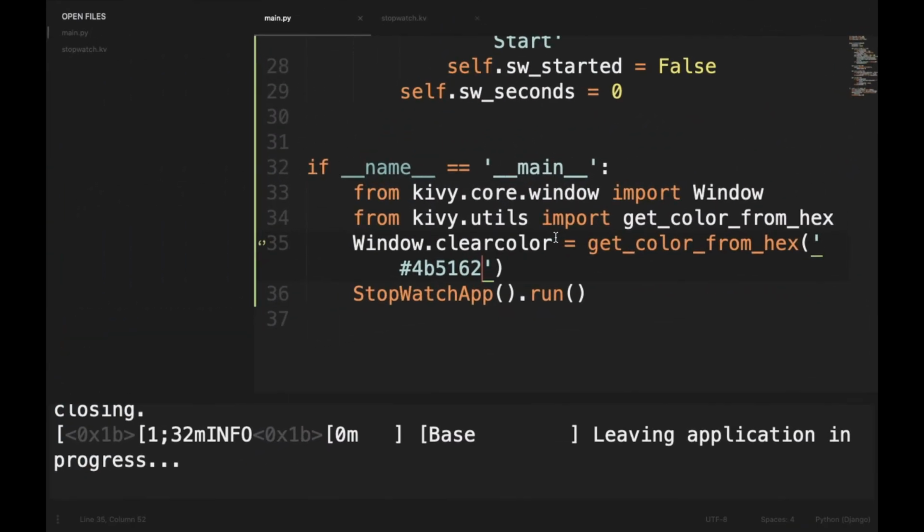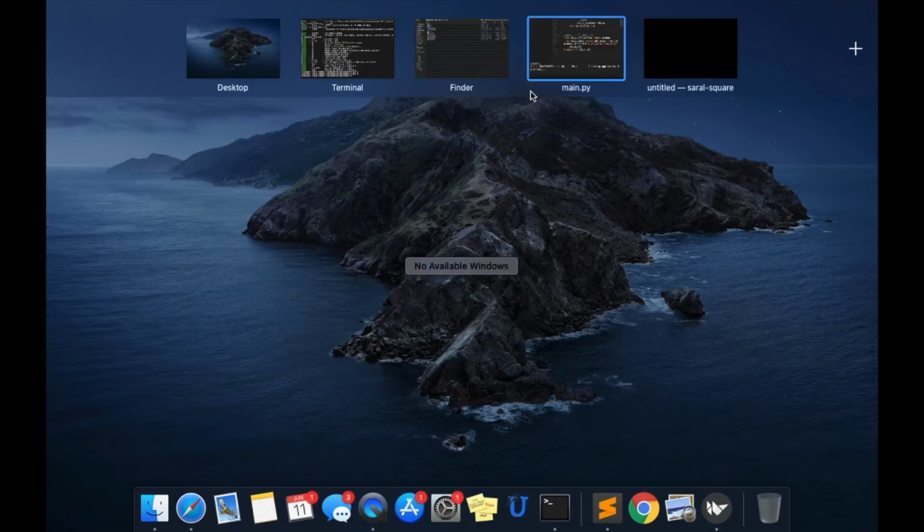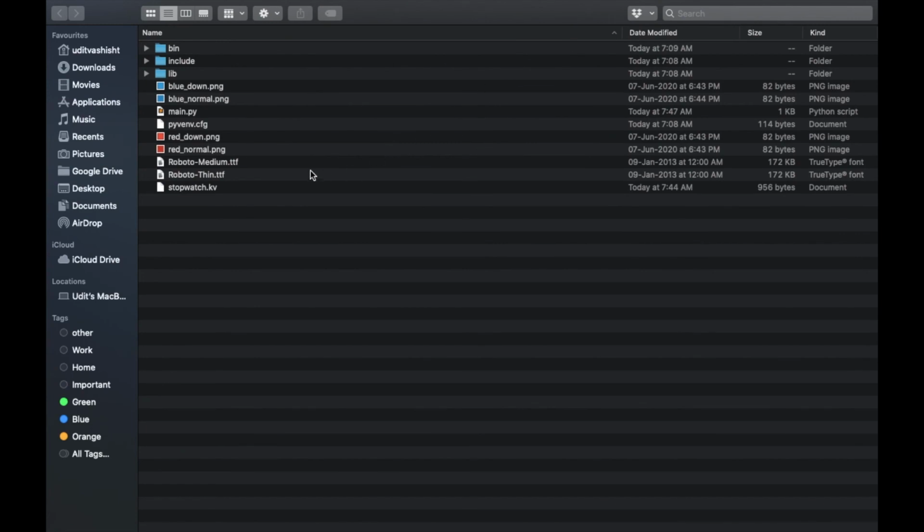We can also add a desirable font to our application, and for that you have to download the TTF file and save it in our directory. For example, I have downloaded Roboto-Medium and Roboto-Thin, and I will be using these two fonts in my applications.